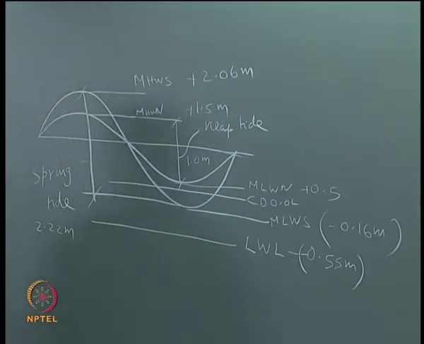This lunar cycle they call it as 19 years. Every month you will have 2 low water springs. Over 19 years you find out every month it is not the same; some months it will be very low. So out of 19 years, in 1 year it will be very low, that is called the lowest low water level.